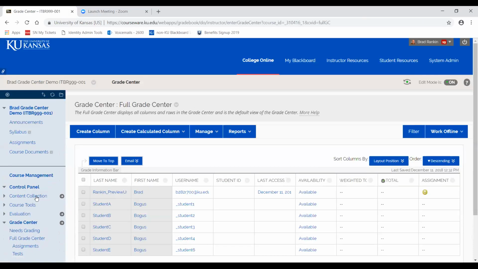We'll take a look across the top with the buttons that we have to work with. Create column and create calculated column. These 2 buttons are apparently easily confused because they both say create column. Most of the time, you'll just be using the button on the left for creating a column. And this is just a manual column that you create,